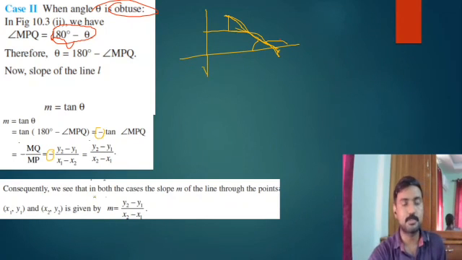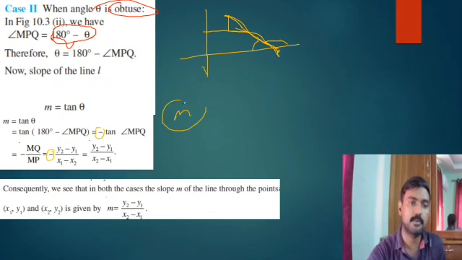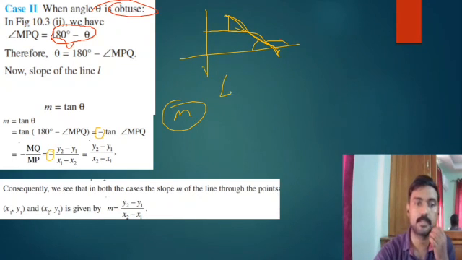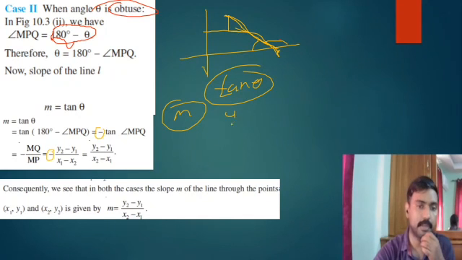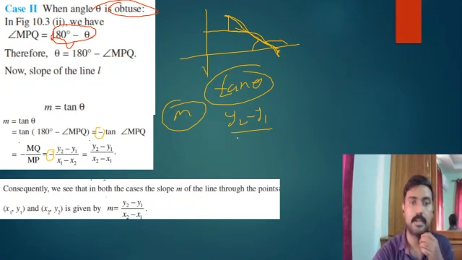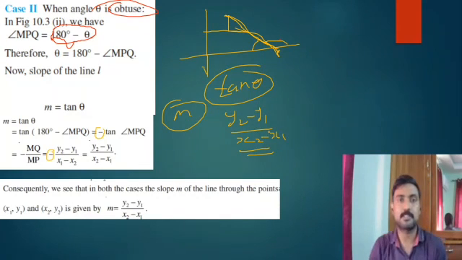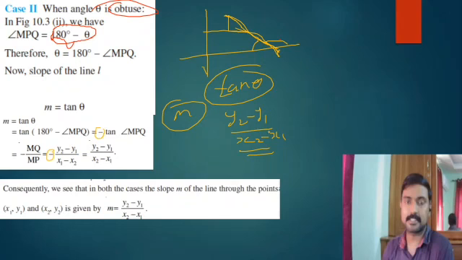Okay, so today we recalled the topic and also we studied the slope of a line segment. In two cases, the letter m is denoted for slope, and by using the angle of inclination, tan theta is known as the slope of a line, or we can use y2 minus y1 divided by x2 minus x1 as the slope. So my dear students, the remaining part we can discuss in the next class.